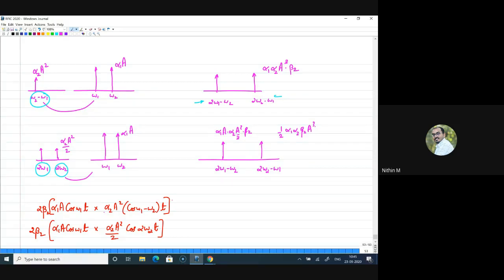Or when you do this multiplication, and if you directly look at the term available there, can someone try and let me know the component available? So I need to write something as cos 2 omega 1 minus omega 2 into t plus cos 2 omega 2 minus omega 1 into t. So what will be the amplitude of this? 1 and 1 by 2. It should be 3 by 2, right? There are two components summing up there. So 3 by 2 alpha 1 alpha 2 beta 2 into a cube. Whether this is clear?